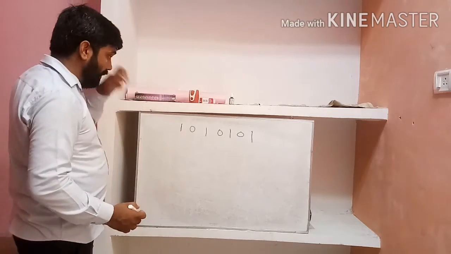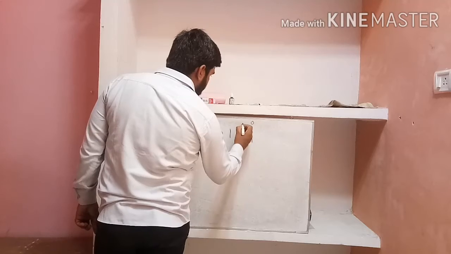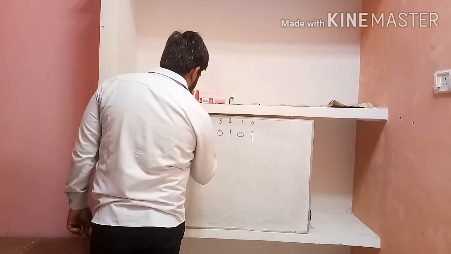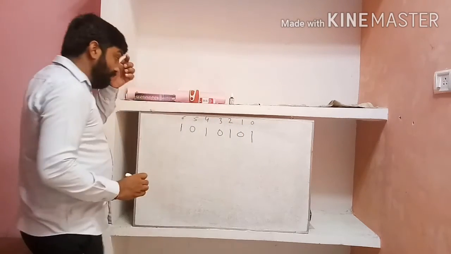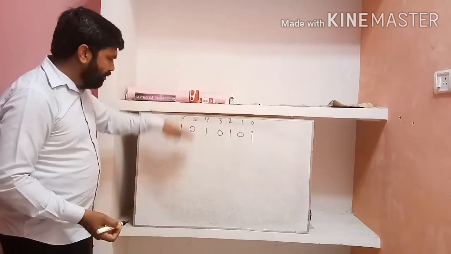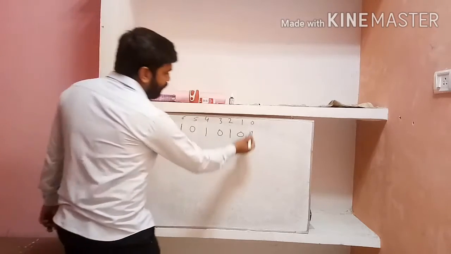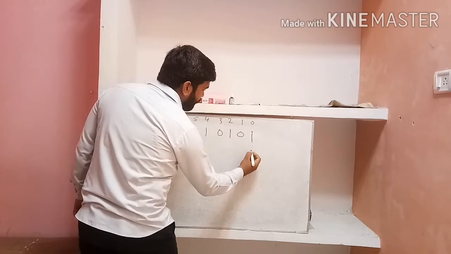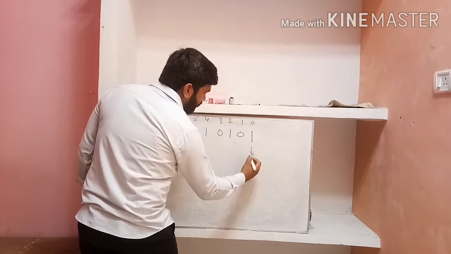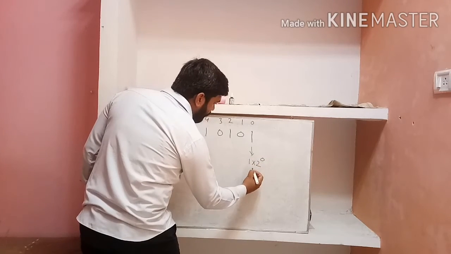See how? Again you give the numbering. This numbering is 0 1 2 3 4 5 6. Now, you only write, because every 0 bit will give you the product 0, so no need to write those values. Only write the values for the 1 bit positions. So this first 1 bit position gives 1 into 2 to the power 0. That is, this will give you the value.